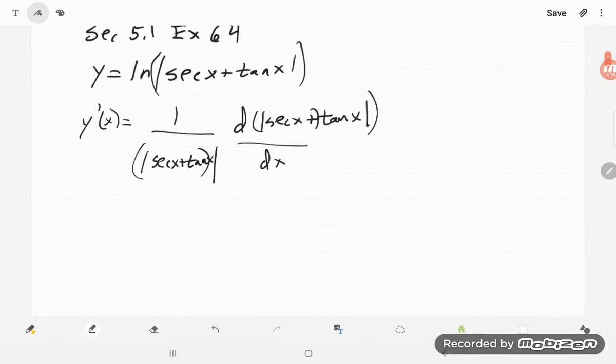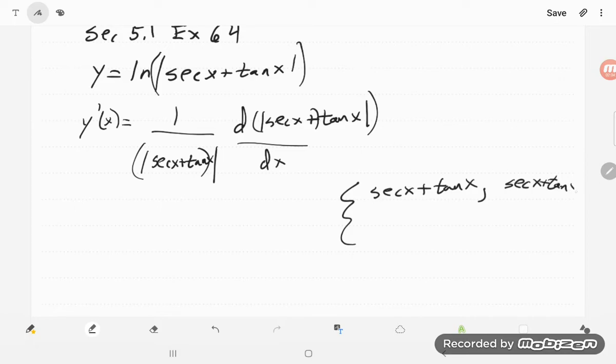So we have our function is secant x plus tangent x whenever that is greater than or equal to 0. So I would just have to write it that way because I don't know when that, I mean, I can work on that, but